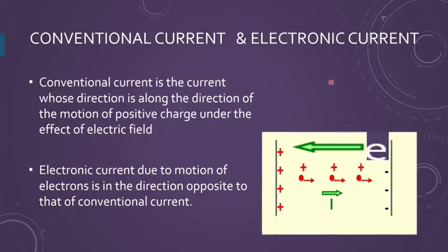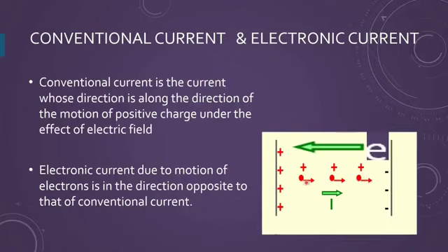Now, I have shown you the diagram of a conductor. If I take a conductor, a cylinder, one side has positive charge and the other negative charge, given by using an external source. By convention, the direction of current is always taken for the positive charges. So positive charges always flow towards the negative plate. This shows you the direction of the electric current, which is the conventional current.